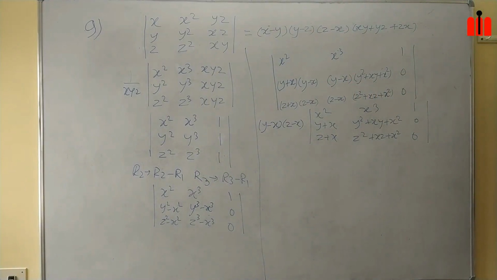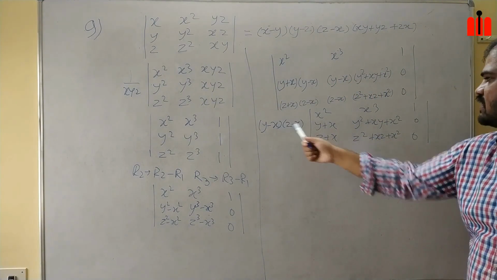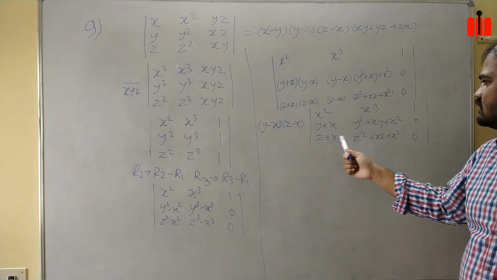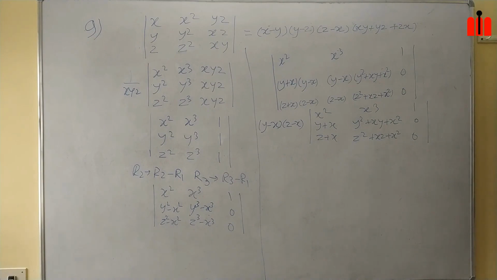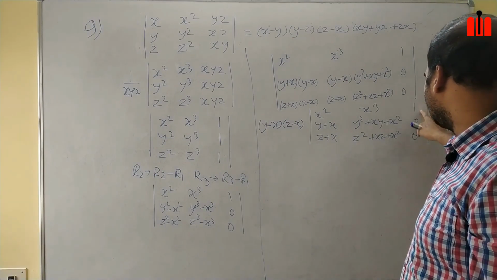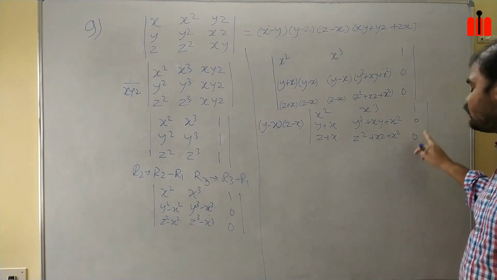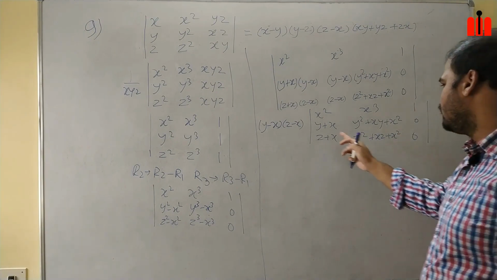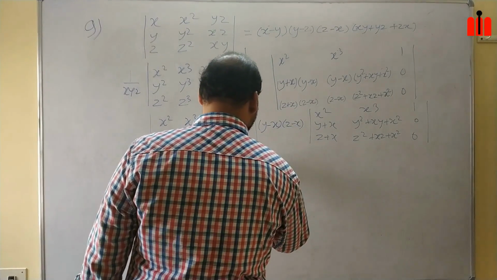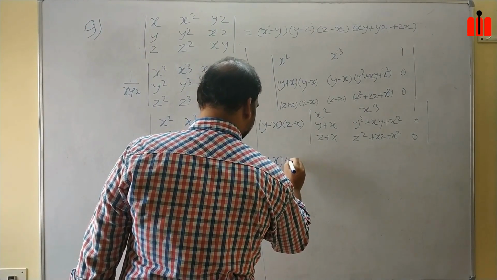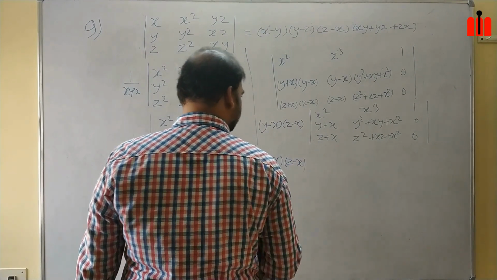Okay, so we will take y minus x common in R1 and y minus z minus x common in R3. So we had got this result. Now we will expand through C1. Okay, sorry, C3. Through C3 we will expand. Here it is 1. So now let's do the expansion. So it will be y minus x, z minus x,